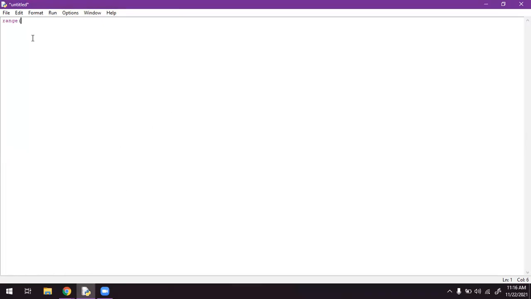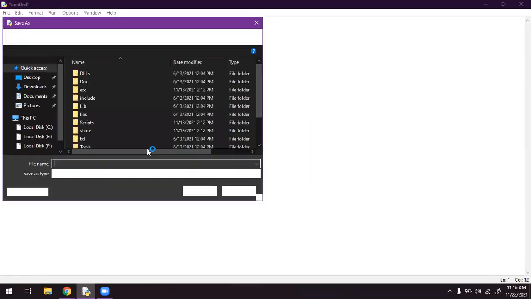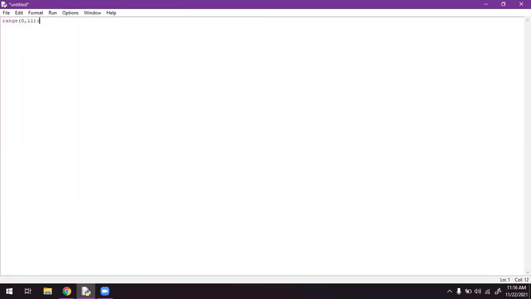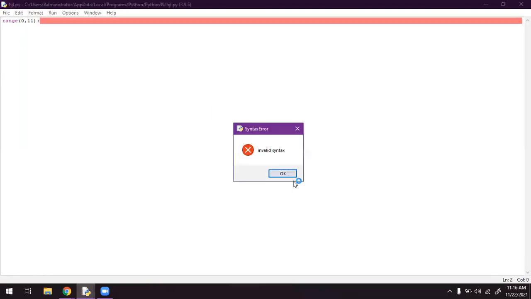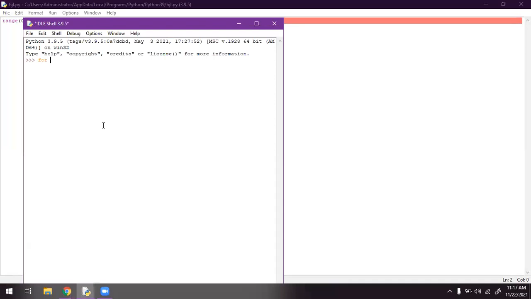And range is 0 comma 11. If I run this module, it must be saved. Invalid syntax, let it be. So we can use the step concept also.